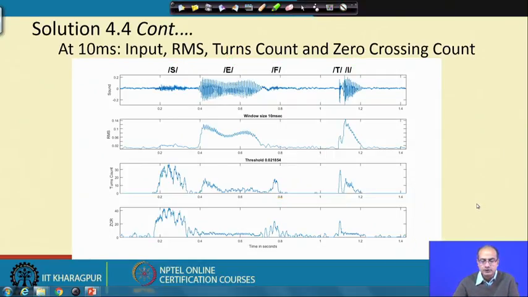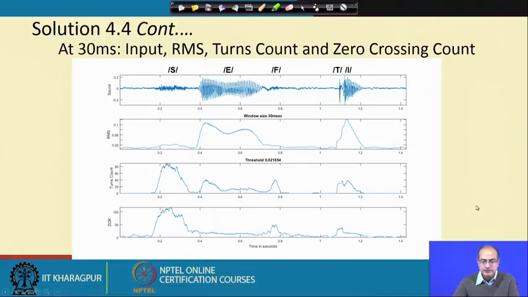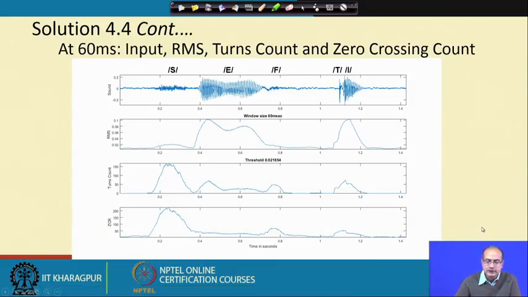Now, let us go for another window size. Going for 30 milliseconds, we get that the envelope has become much smoother, it looks better. In the same way, the turns count has become smoother, and the same with the zero crossing rate. All of them have improved, they have become much smoother. And let us proceed to 60 milliseconds. It has become more smooth,